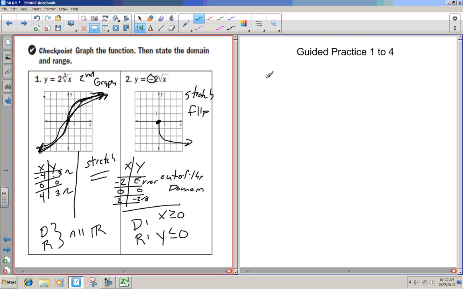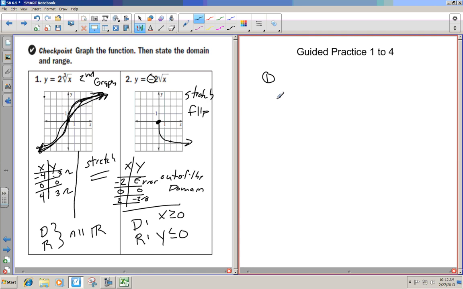Now, as usual, we're going to do some of the guided practice. I'm not going to do all of them. I'm probably going to do 1 and 4 or something like that. Number 1 tells you to graph and state the domain and range for negative 3 square root x. Well, let's graph it. In your graph,